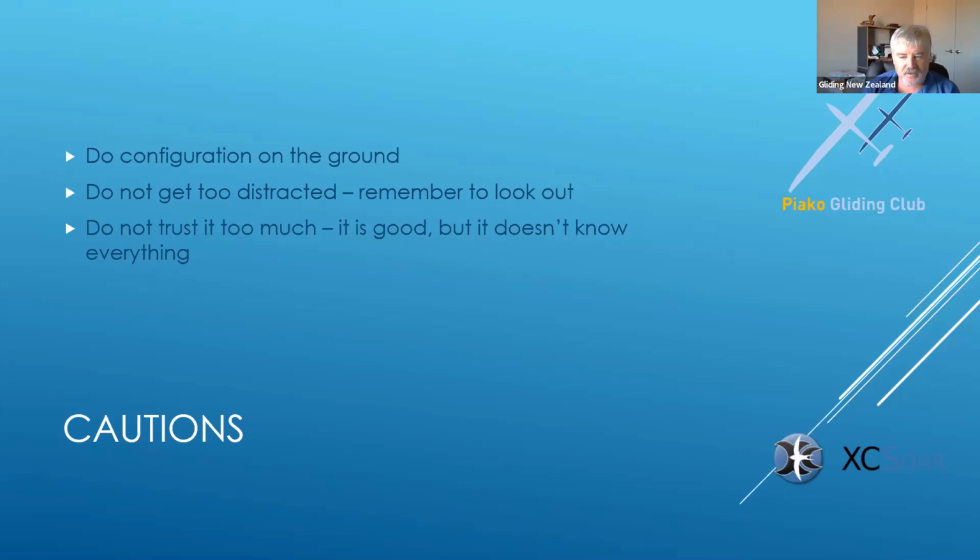And you can't trust it too much. It's really good. The calculations are right, but it doesn't know everything. It doesn't know what's coming. It may tell you you've got a comfortable glide slope back to home, but it doesn't actually know how much sink you're going to find in the way. And it doesn't really know if your McCready's set right, or the bugs are set right, or that you got the right polar in there. So use it for a tool,